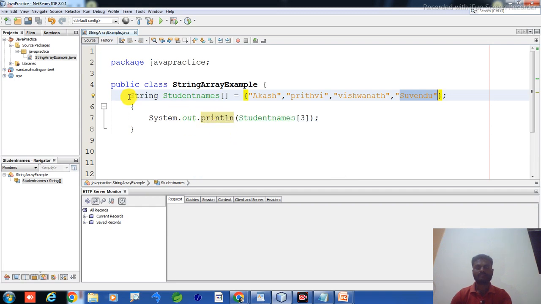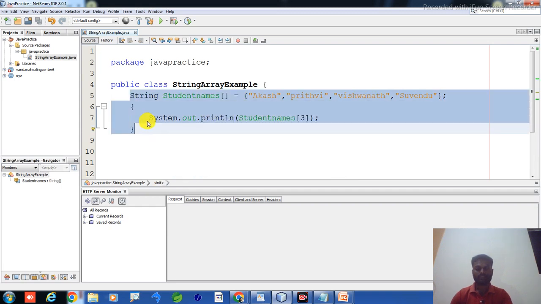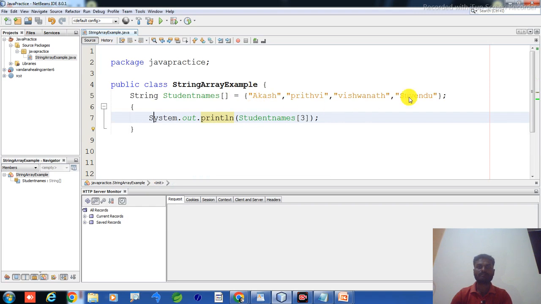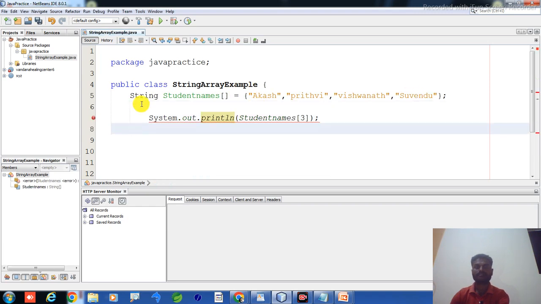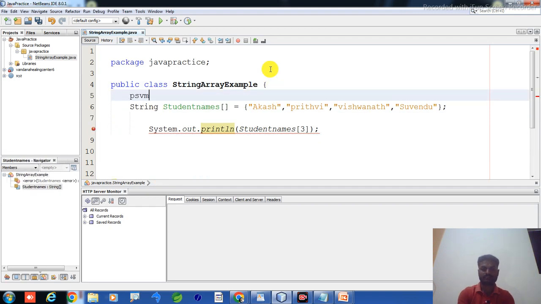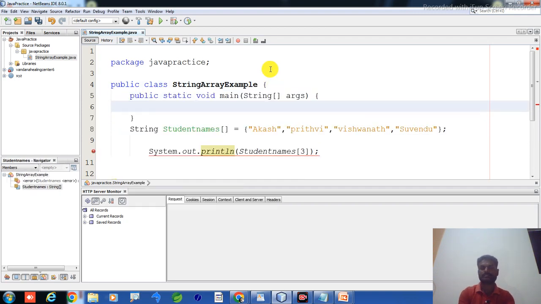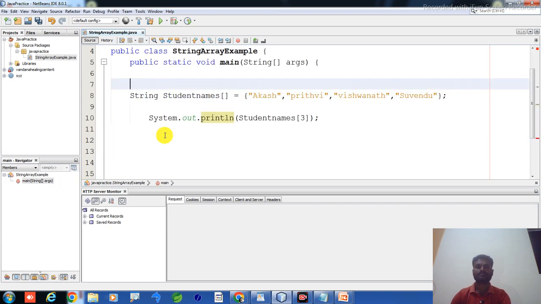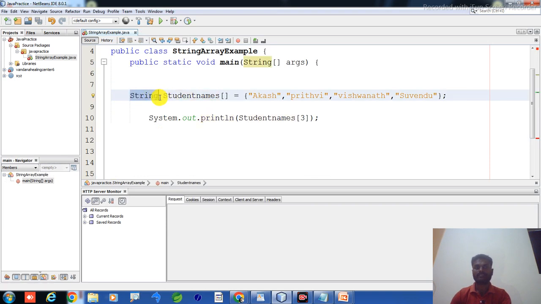One minute. I have created the class, but I have not created the main method here. Simply inside it, public static void main, String array args. Now inside this, the data type is String, variable name, adding student names.